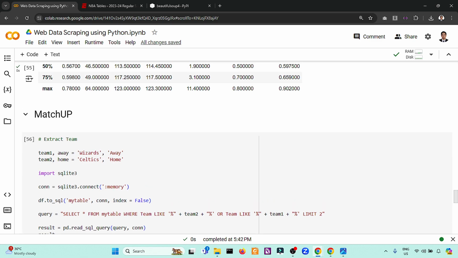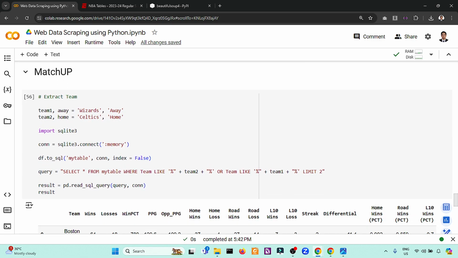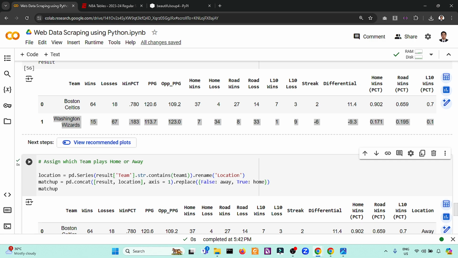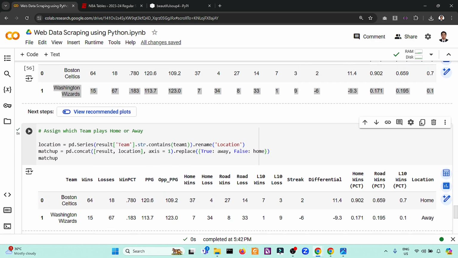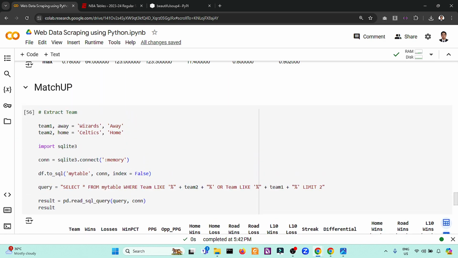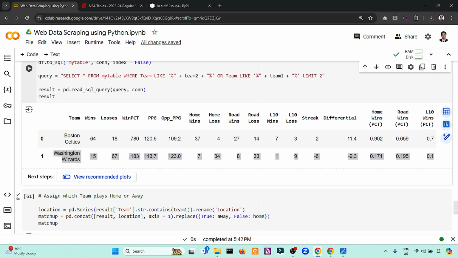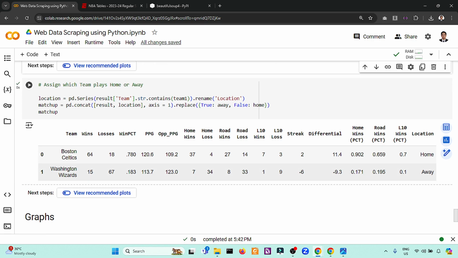Let's check. No, the Wizard is the away. Let's replace this true, false. Maybe I'm confused. Boston is home. Yes, Boston is home, but the Wizard is away. I'm confused with the arrangement, but this is true. Okay, so Boston will be home.